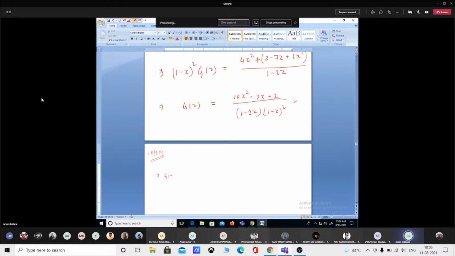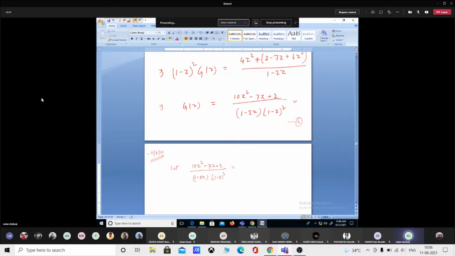First let us take some equation, suppose it is equation number 3 or 4, whatever is given. Let us take, using the method of partial fractions, (10z square minus 7z plus 2) upon (1 minus 2z) into (1 minus z) whole square,